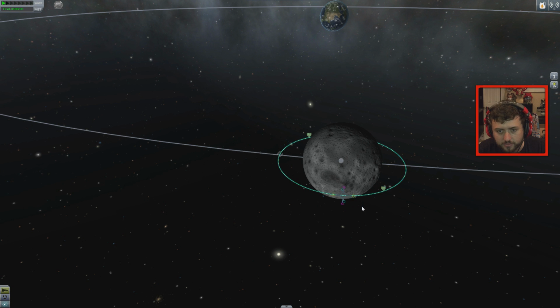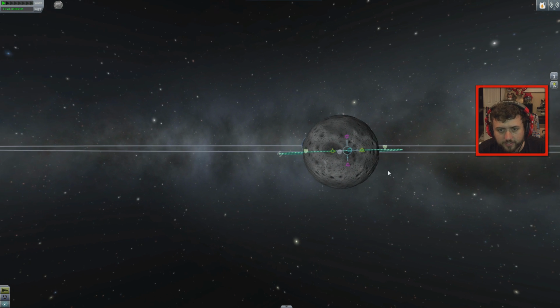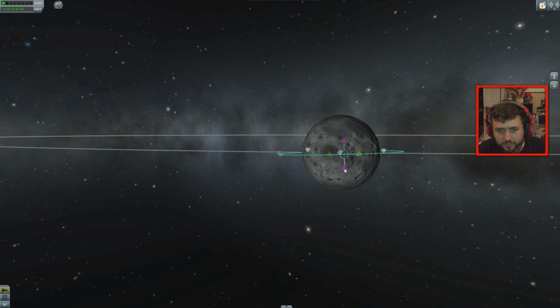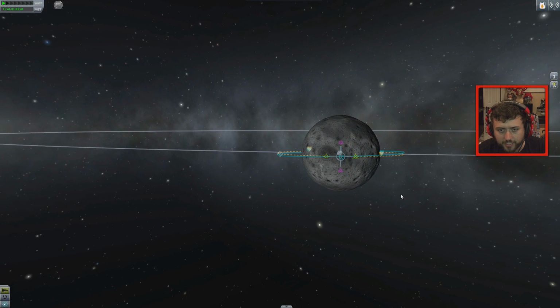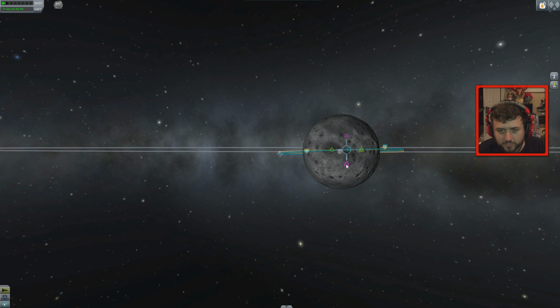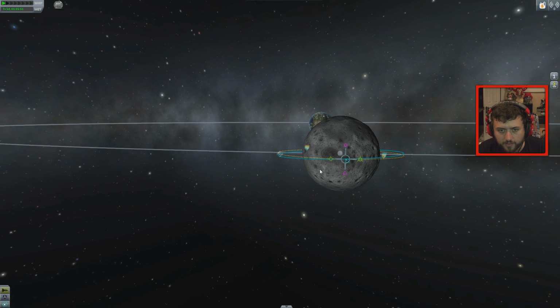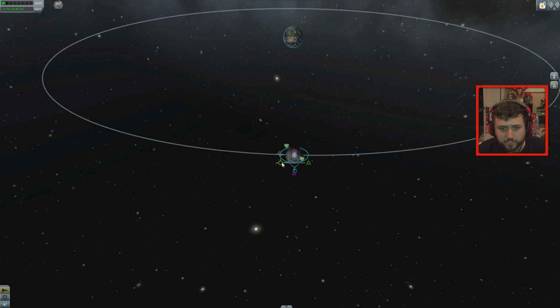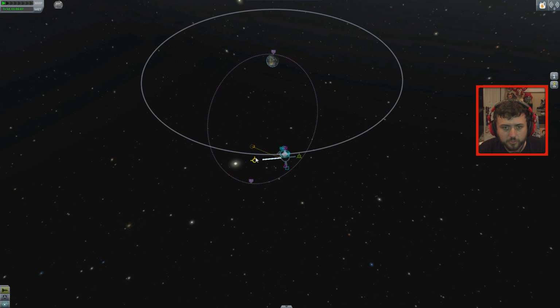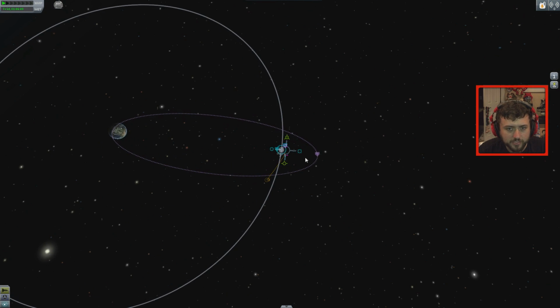So add maneuver, and I am going to want to try and change my tilt to get that a little bit more lined up with Kerbin's orbit so I don't have to do that later. Let's do that right here. Okay, and then let's just prograde away to Kerbin. Let's try and get this right. Okay, I'm definitely gonna have to burn a little bit more. So this will take me...